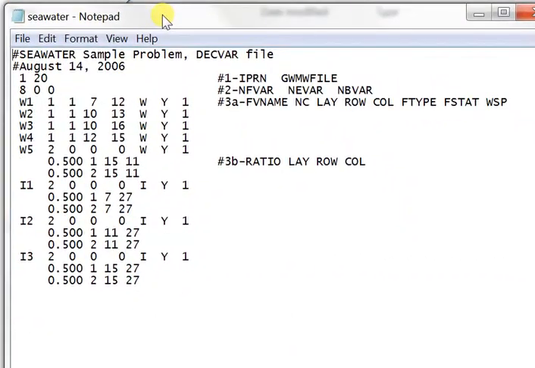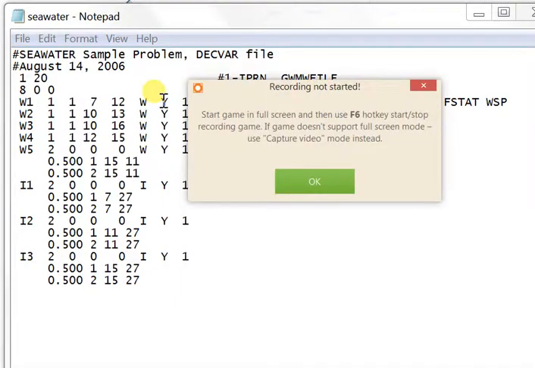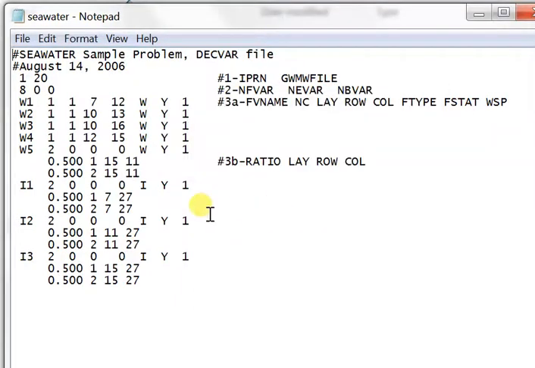So we have, in this case, 8 flow decision variables. And the first 4 of these are quite similar to those we saw in the dewater problem. Variable name, layer, row, column, withdrawal, etc. The fifth well, W5, includes a new feature. This well is screened over 2 cells,